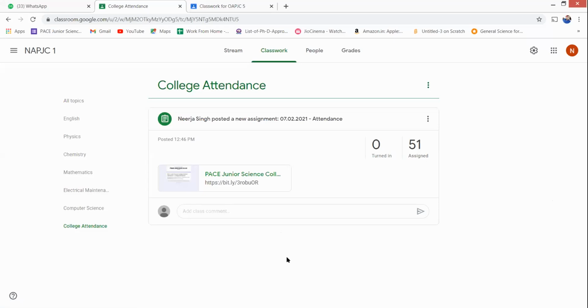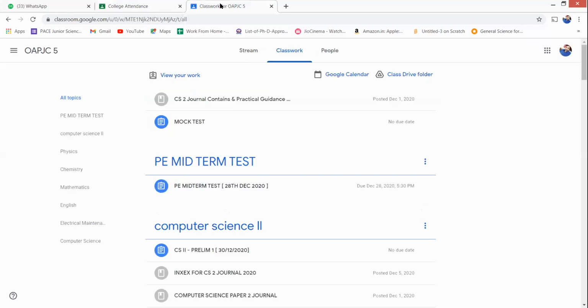After writing, to give the answer sheet to the teacher, you just have to click pictures of all the pages on which you have written, convert them into one PDF file, and then attach it.